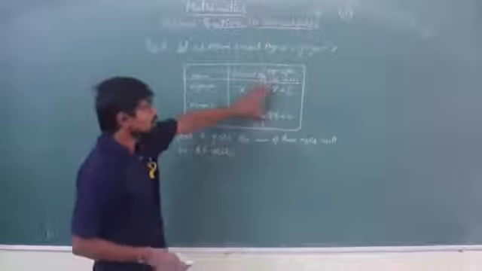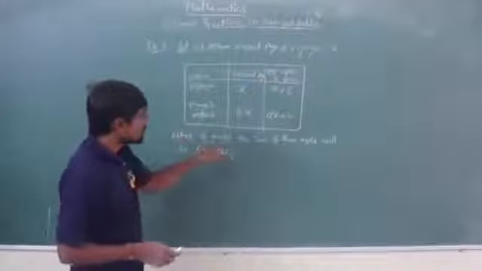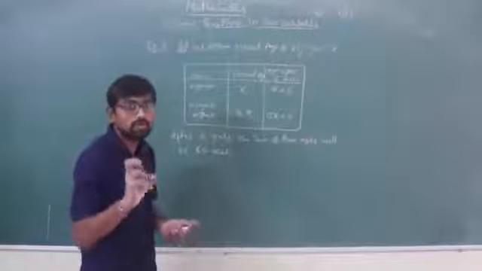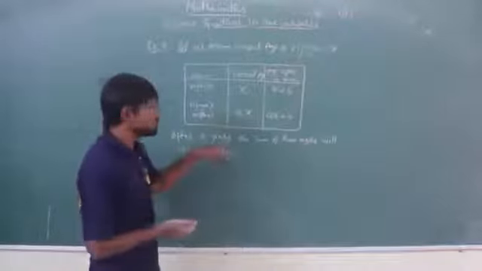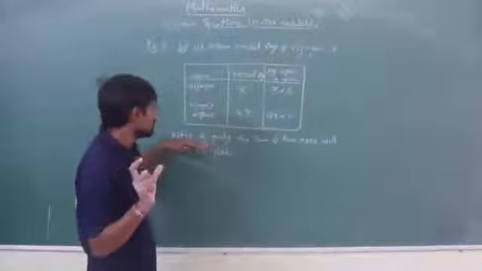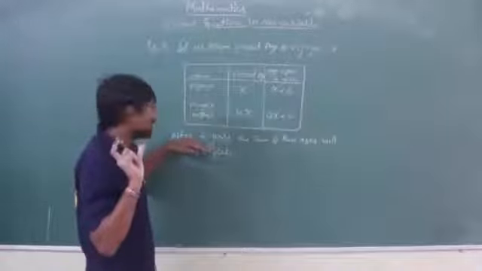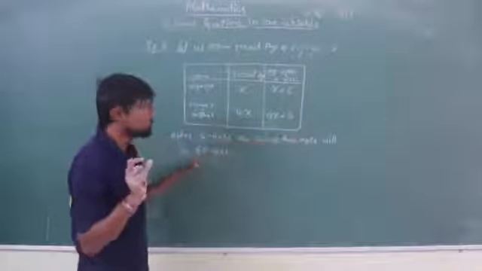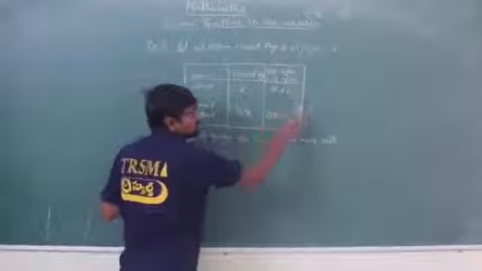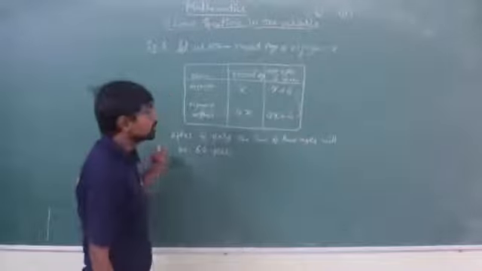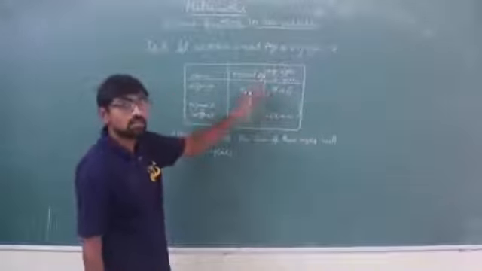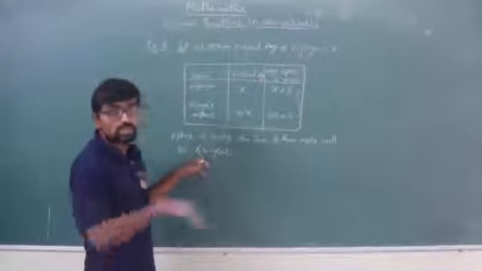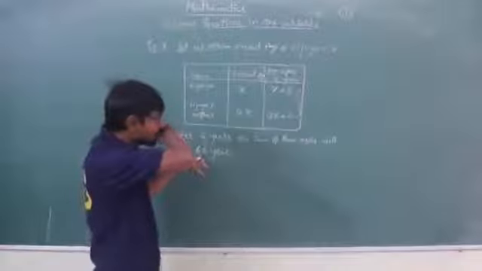So after 6 years, if I add this here, the sum of their ages, sum means what we have to do? We have to add. For what? After 6 years, age is mentioned here, isn't it? He had mentioned the age after 6 years. So after 6 years, the sum of their ages will be 62. What is the age of Vijaya and her mother after 6 years? That one we have to add. And we have got that as 62. So this one we have to solve, isn't it?